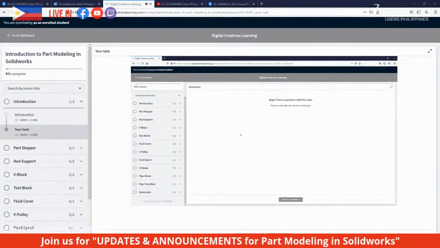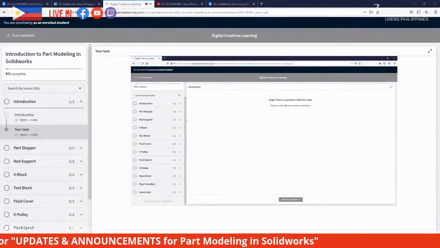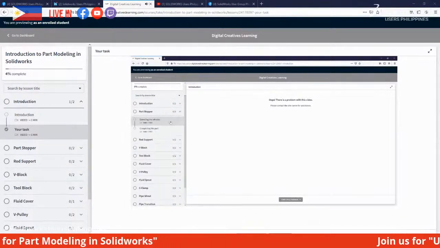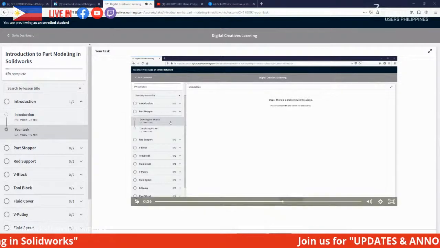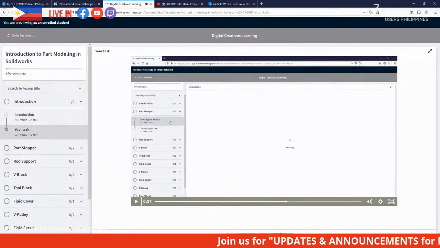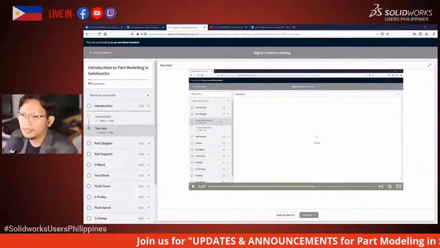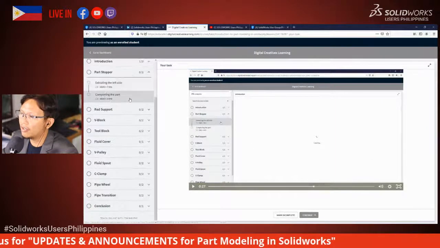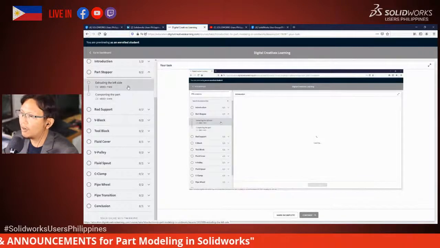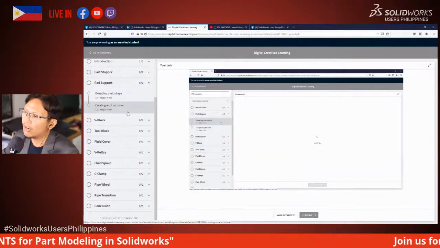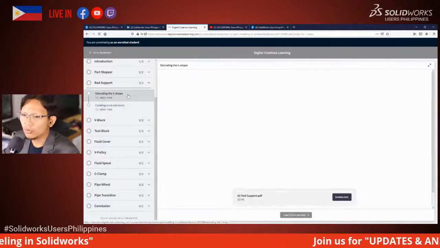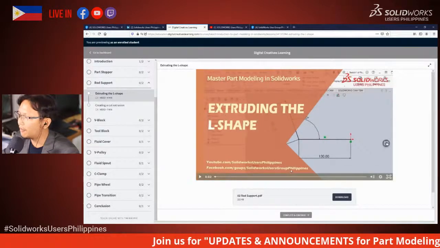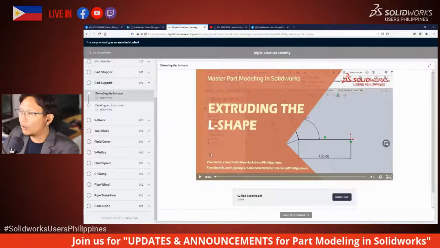To demonstrate, let's head over to our first chapter, which is the part stopper. As I head over to its first video, yes, all of the 2D challenges are in the first video of every chapter. Let's say for rod support under extruding L shape, you can see here the PDF wherein you can download and